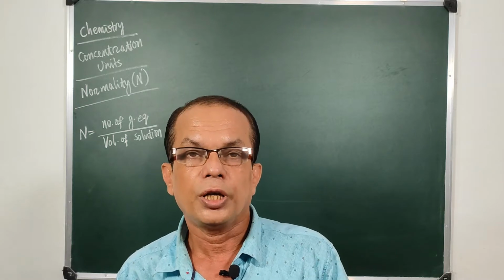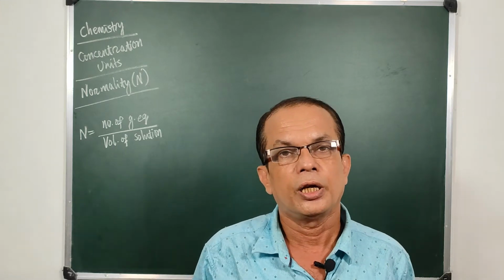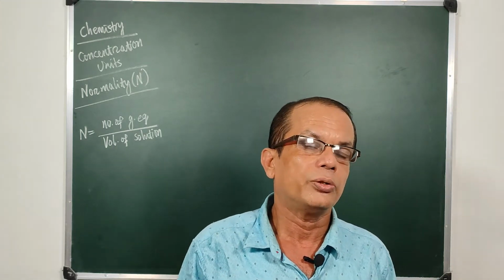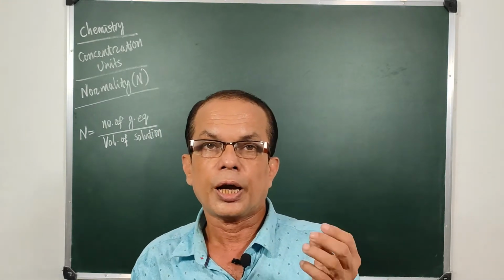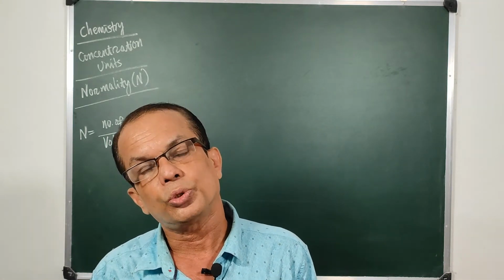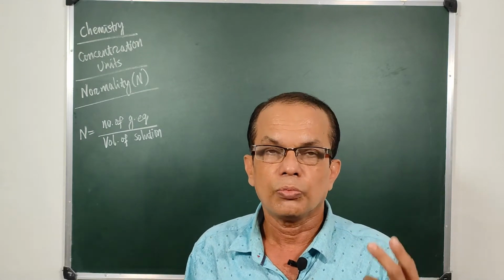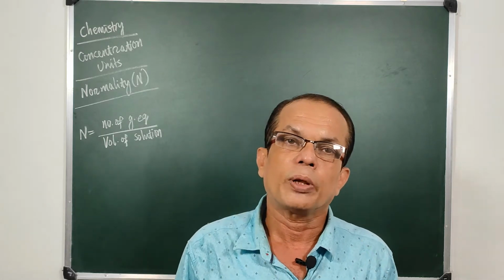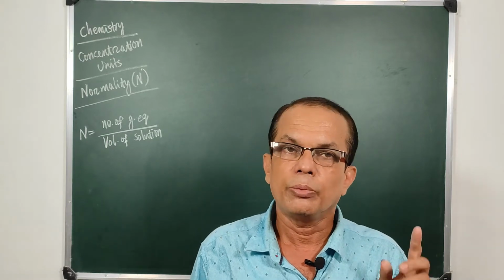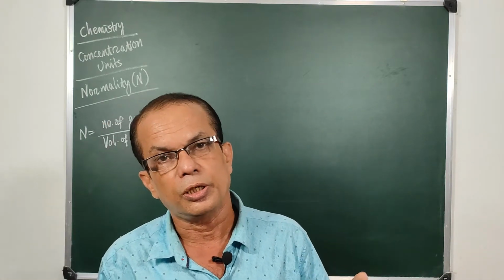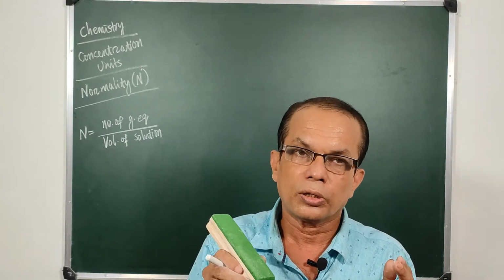In this class we are going for the next concentration unit. After molarity and molality we go for normality, and this concept is linked with two things. Instead of the number of moles of a solute, we take the gram equivalents or chemical equivalents of a solute and the volume of the solution in liters. So in some way normality is linked with molarity. Both of them have the same denominator. In molarity we had volume of solution in liters in the denominator, and in normality also we have volume of solution in liters. But where is the difference?